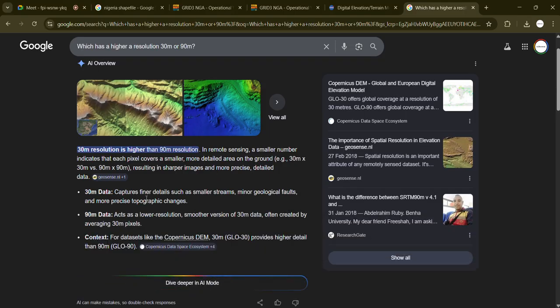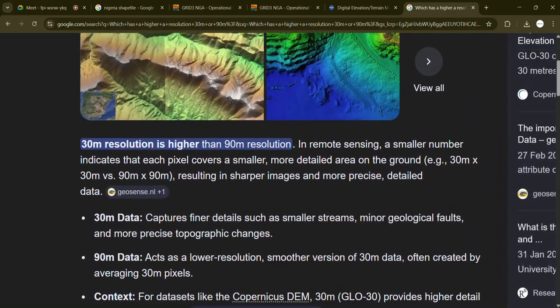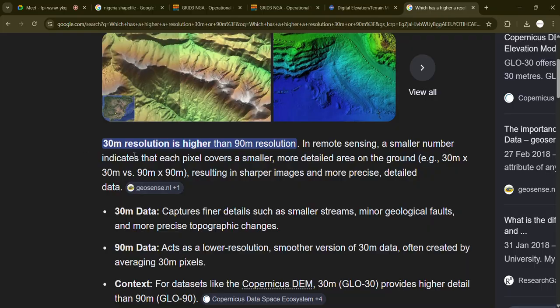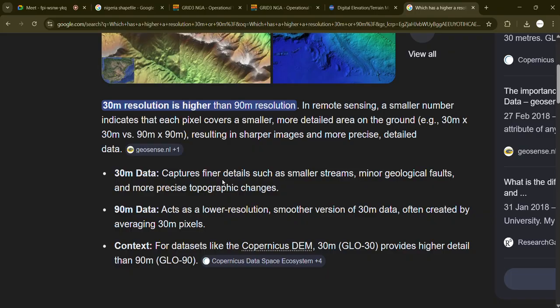So I searched here. Can you see the search? It said 30-meter resolution is higher than 90 meter. In remote sensing, a smaller number indicates that each pixel covers a smaller, more detailed area on the ground, resulting in sharper images and more precise detailed data. So 30 meter captures finer details such as smaller streams, minor geological faults, and more precise topographic changes. 90-meter data acts as a lower